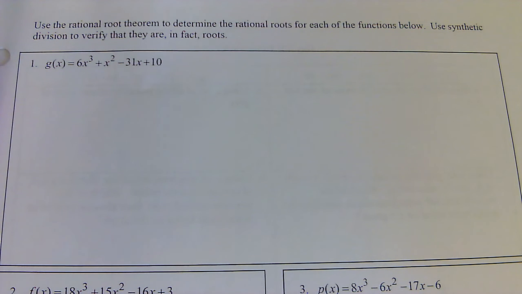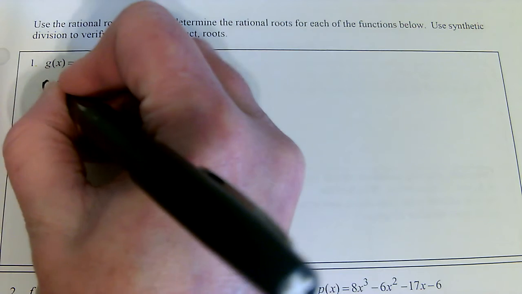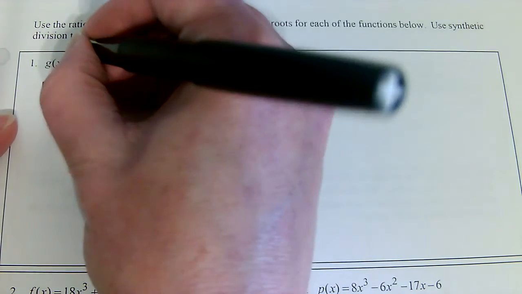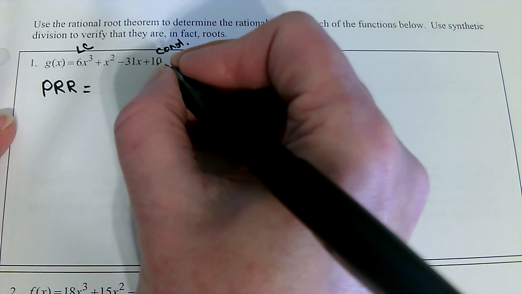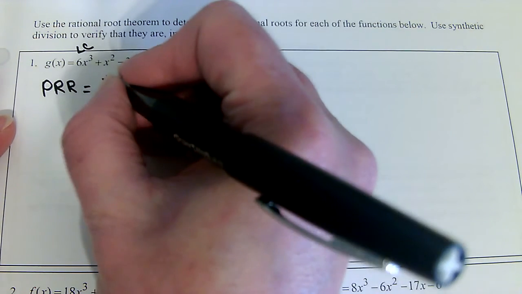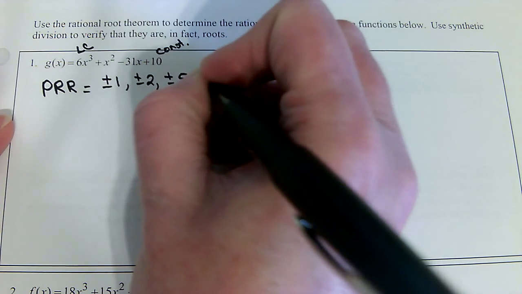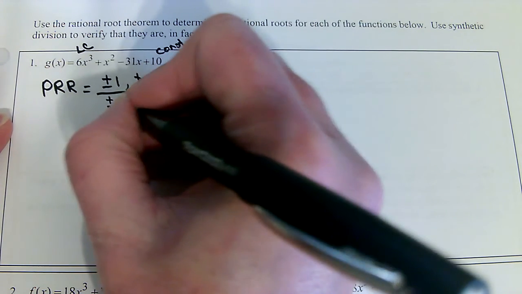So using the rational root theorem, we want to determine the rational roots for each of the functions below and then use synthetic division to check them. So let's list out our possible rational roots. So this is the constant and this is the leading coefficient. So what are the factors of 10? Well, that's plus or minus 1, plus or minus 2, plus or minus 5, and plus or minus 10. And for 6,